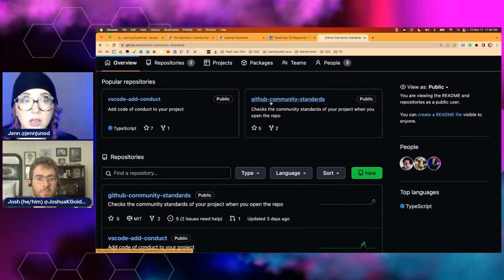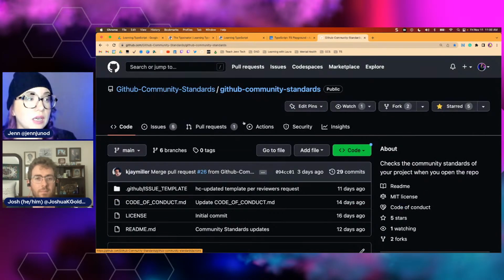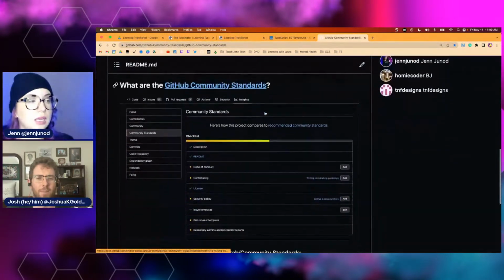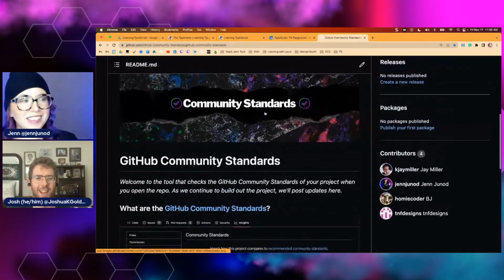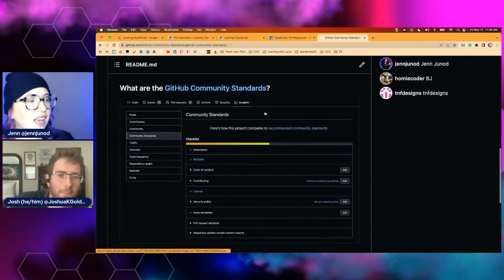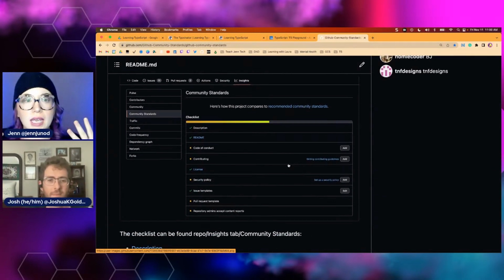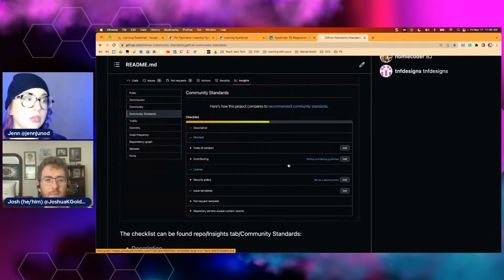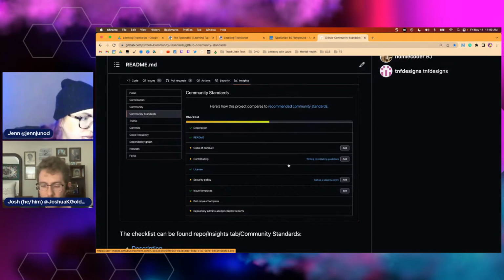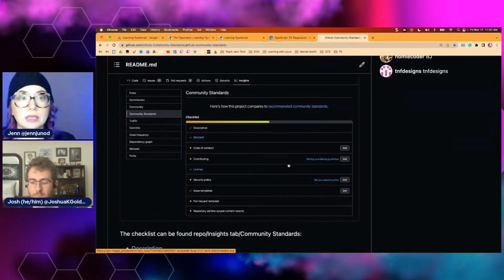But that's cool. And we're a step in the right direction, but it still makes a lot of it confusing for everything else. So if we go into the GitHub community standards, I'm going to scroll down. Love that image. Thank you. This is why they keep me around, is that I like graphics. These are what the community standards require: your description, your README, your code of conduct, contributing, license, security policy, issue templates, pull request templates, repository admins accept content reports.